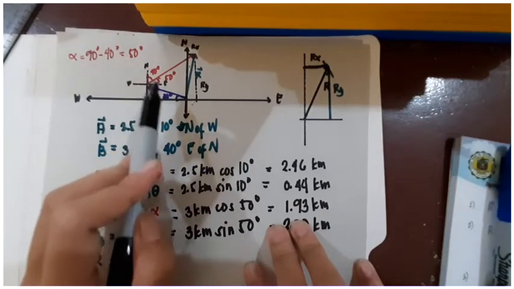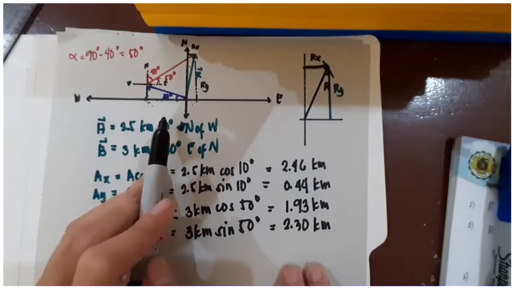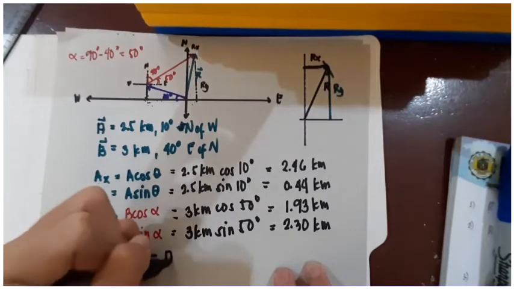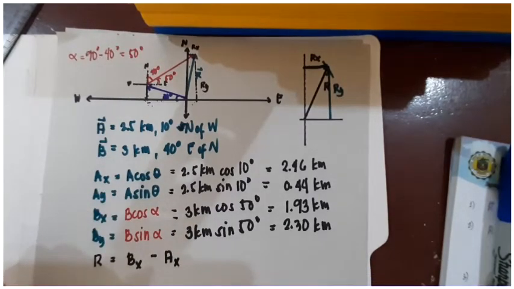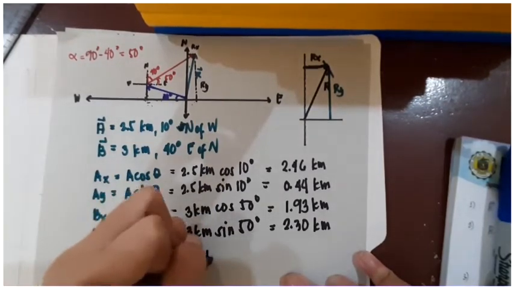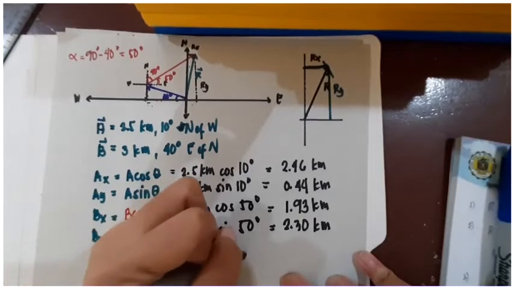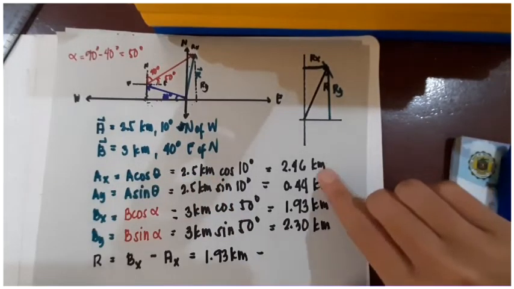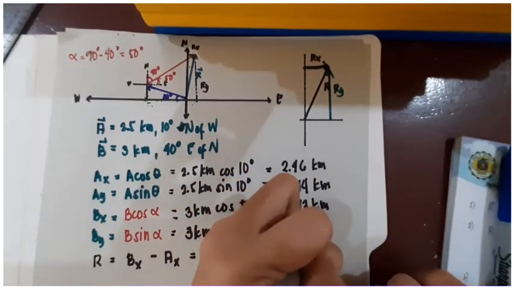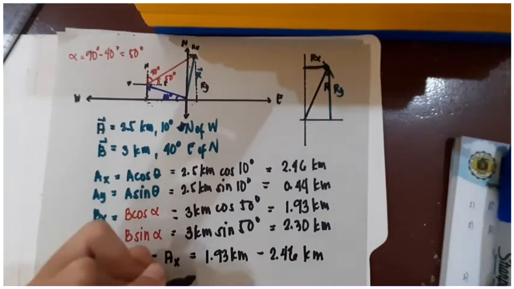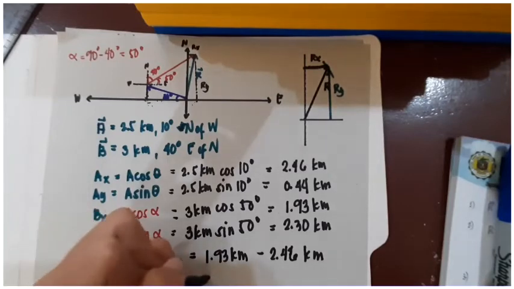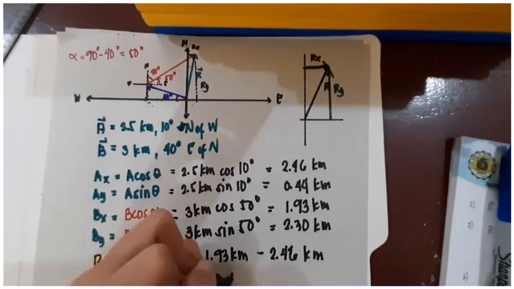I'm sorry, it's bx minus your ax. Okay, so bx minus ax. Yung dalawang x. Okay, so we subtract, that's 1.93 kilometers minus your ax, 2.46 kilometers. You will get your Rx is now negative 0.53